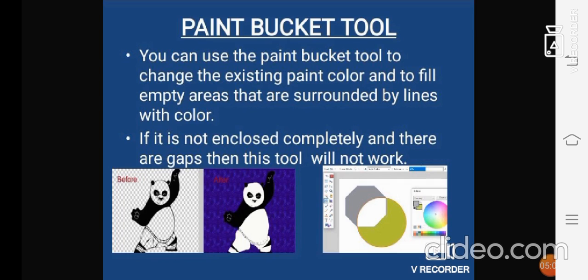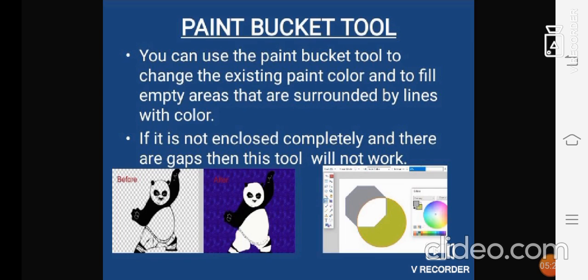Please listen carefully, students. You can use this paint bucket tool to change the existing paint color and to fill empty areas that are surrounded by lines with color. While using this tool, first you draw an object, which should have enclosed areas to fill color.